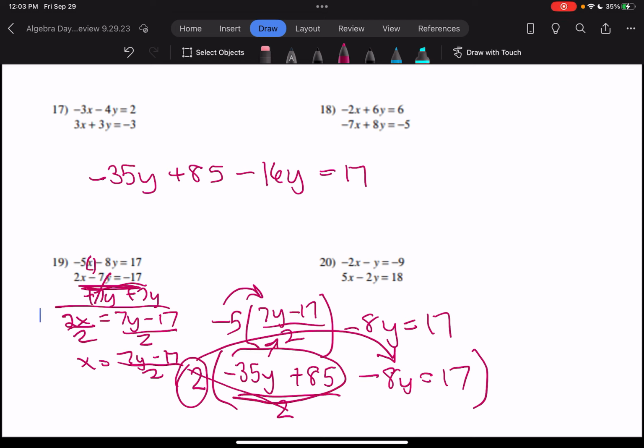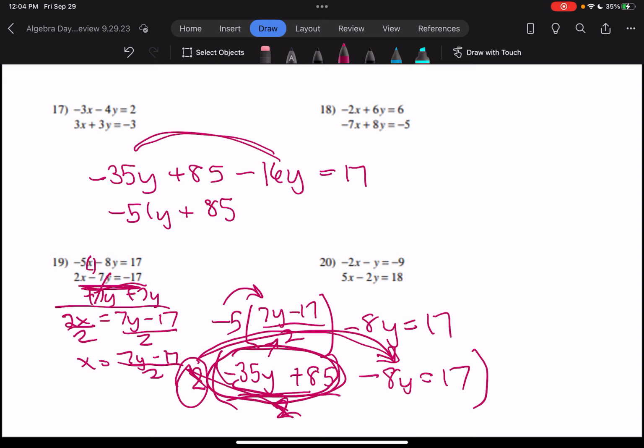And the reason I don't need to multiply 2 by here is because I could, but then I can just divide by 2 and it's going to give me 35y plus 85. Because this whole numerator is over the 2, and so I can cancel the 2's out. 2 divided by 2 is 1. But I still need to multiply the rest of the equation by 2 in order for it to stay balanced. So now this makes it a lot easier for me to deal with because I don't have that fraction in the denominator. So I can combine these two, and we're going to end up with negative 51y plus 85 equals